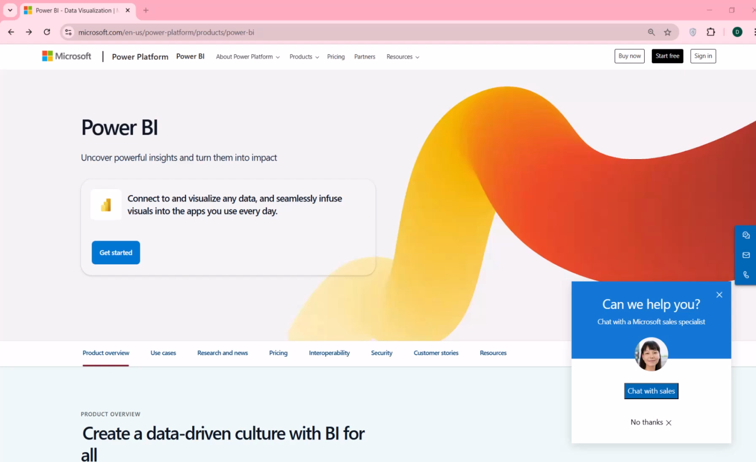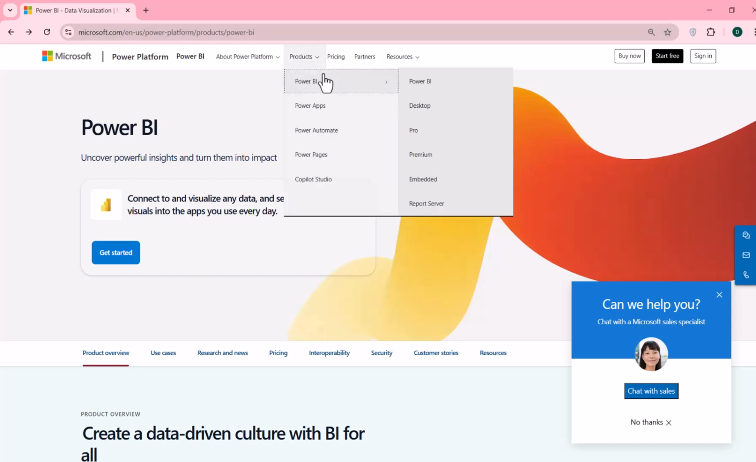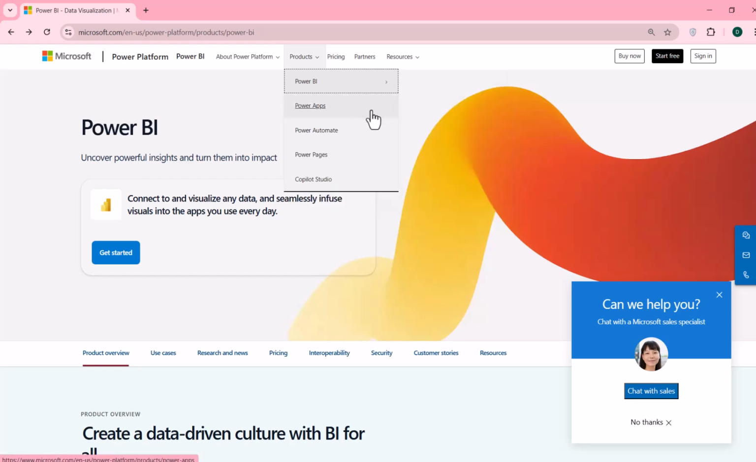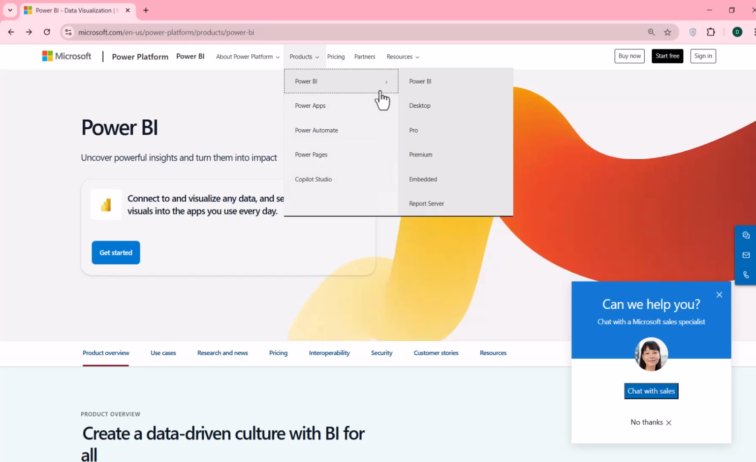Hi, and welcome back. Throughout this session, we're gonna move step by step to download Power BI Desktop. From the Microsoft website, you have to go to the Power Platform page, and from there you can find the list of the products in this Power Platform, starting from Power BI, Power Apps, Power Automate, Power Pages, and Copilot Studio. We will go to Power BI, and from this list, we're gonna choose the second one, Power BI Desktop, which